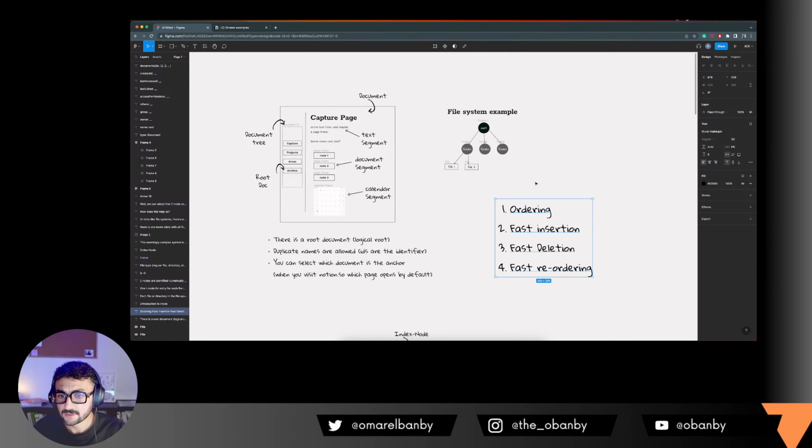So we looked into linked lists last time, and with a linked list you maintain the order. It's fast insertion, because when you're inserting, you're just changing one pointer, so that's great. Deletion is O(n), meaning you'll need to find the segment that you want to delete, but the delete operation itself is almost instantaneous, so it's not too bad, but we can still do better. For fast reordering, you can move things around fairly easily on a linked list. But